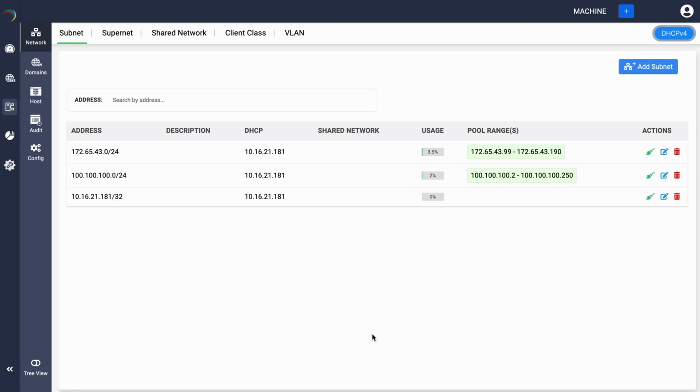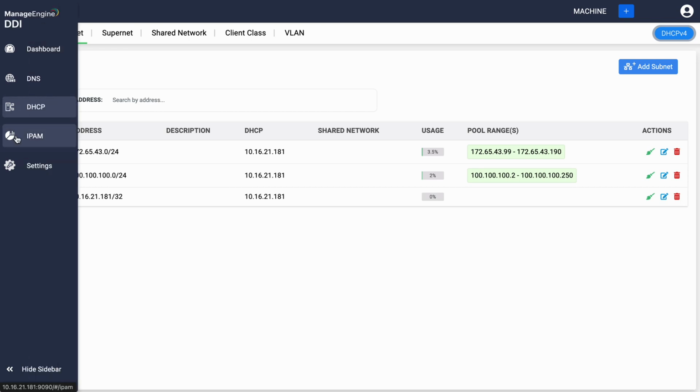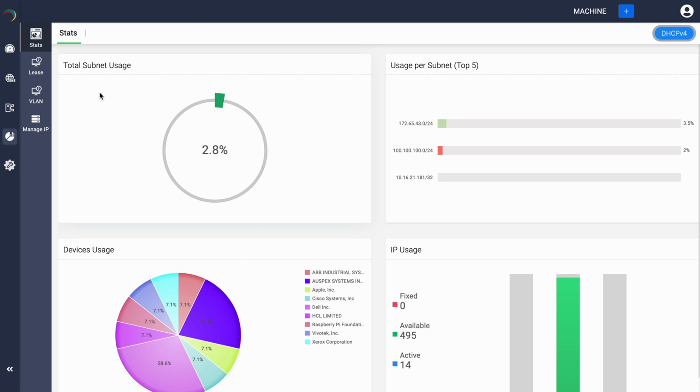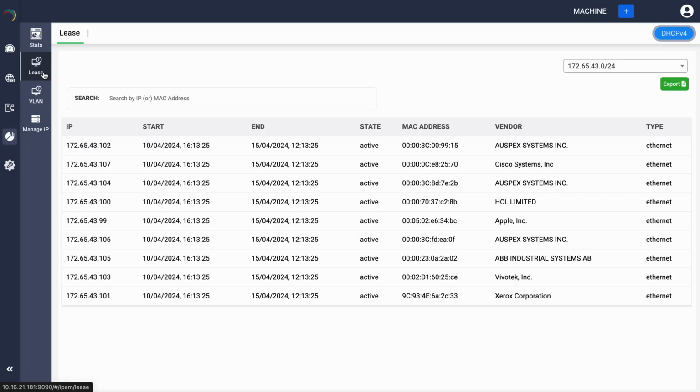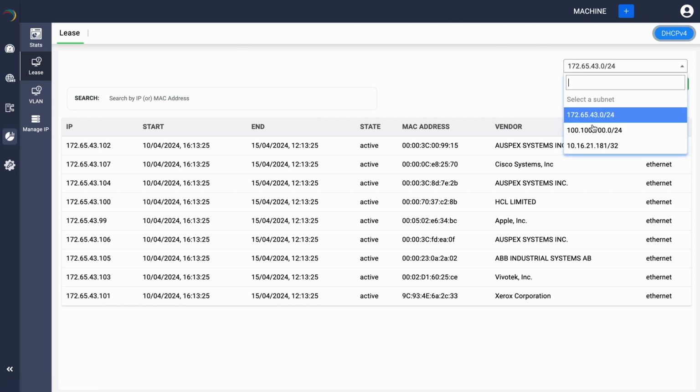Finally, the hospital network administrators utilizing DDI Central can verify the IP addresses automatically assigned to the radiologist's personal computers by accessing the lease menu under the IPAM module. First, let's navigate to the IPAM module and then let's select the lease menu. Here, they can select the relevant subnet, say